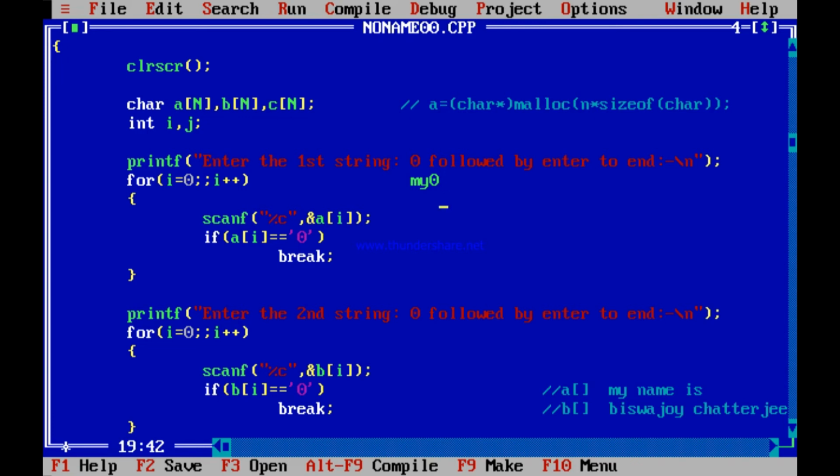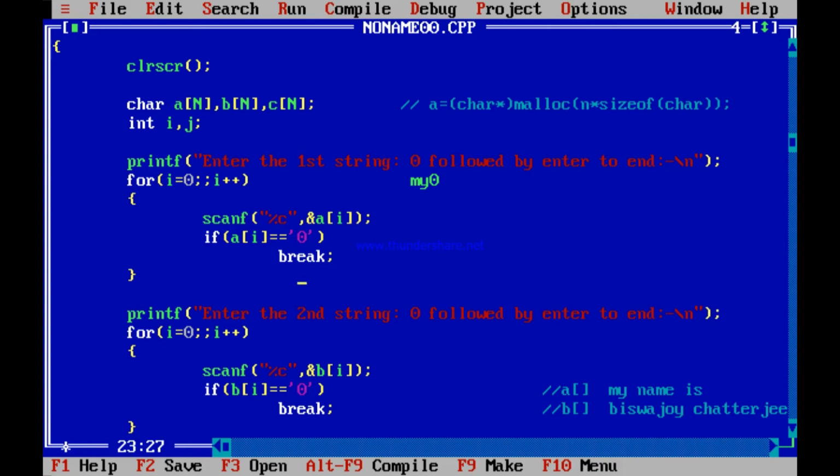But I told you, when you are doing scanf with %c, it scans each character that you enter. So m was scanned, y was scanned, 0 was scanned, but after that what did you do? You pressed an enter to come over here. With that enter, you have scanned the whole thing together. Yes, you scanned the m, the y, the 0, but the enter was also scanned. Problem is, you have said you have broken out after 0.